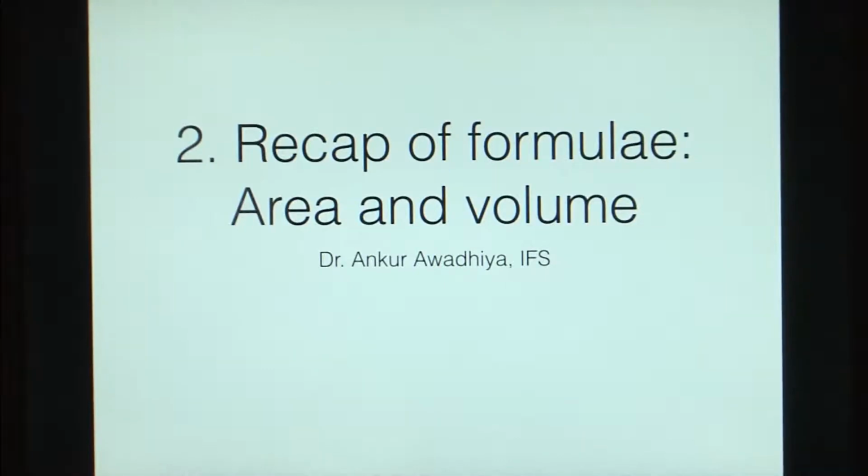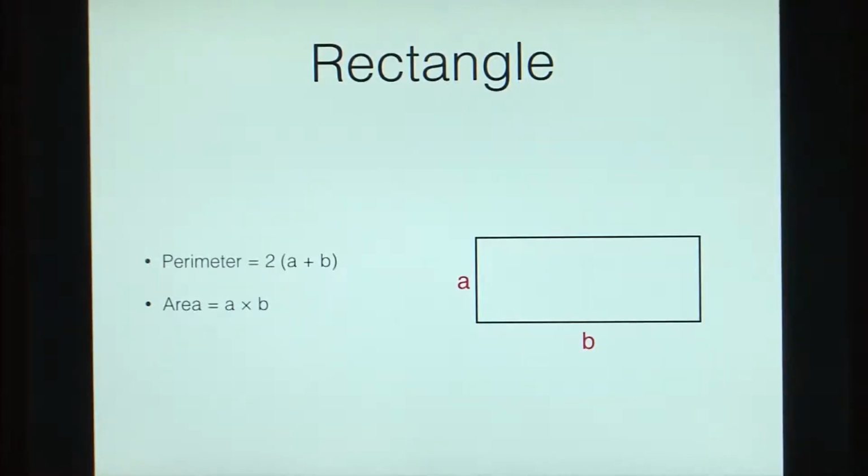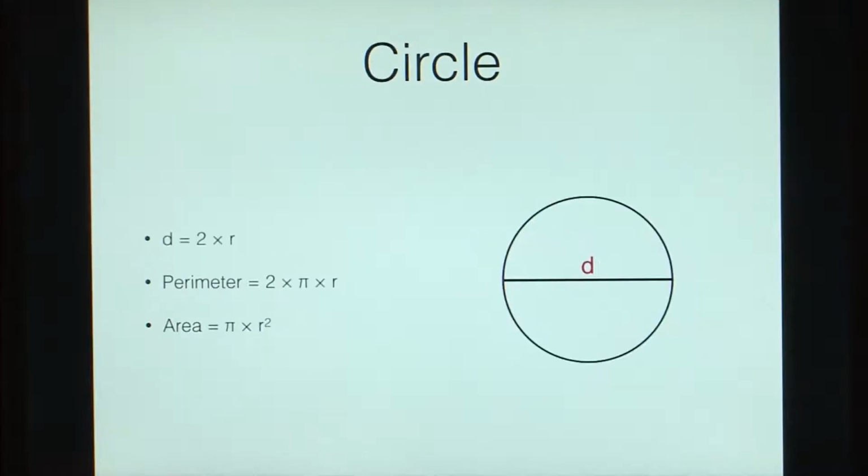In the second class we looked at a recap of formulae for area and volume. In the case of a triangle, the perimeter is the sum of the sides, the area is half of base times height. In the case of an equilateral triangle, the perimeter is 3a, the area is root 3 by 4 a square. In the case of a rectangle, the perimeter is twice of (a plus b), the area is a times b. In the case of a circle, the diameter is twice the radius,